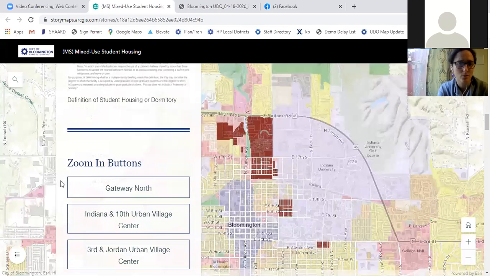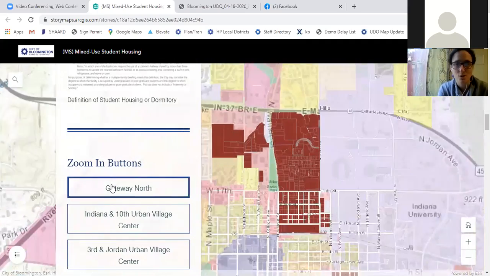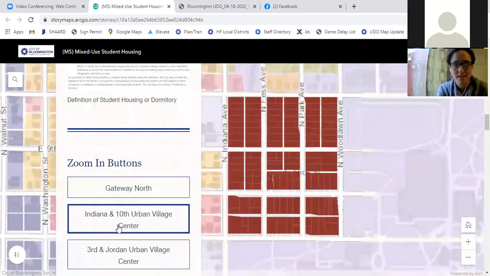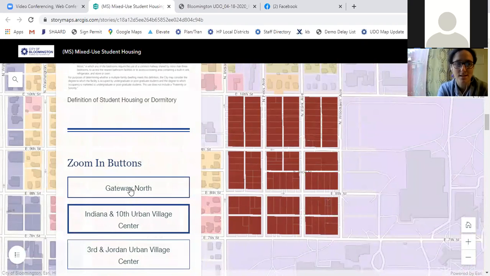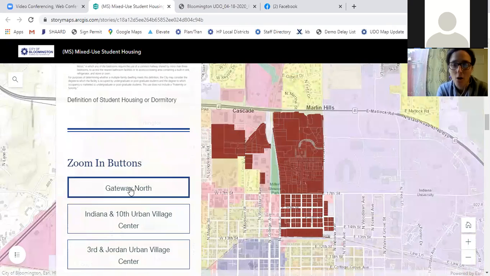So I'm going to zoom in a little bit on each of these. And again, this will be on the website, so you will be able to do this as well. You can use this map, it's interactive. So to see these areas a little bit closer before we get into them, we're looking at north of 14th here, with Walnut mostly being the western border, and then expanding across past Miller Showers into areas that are currently existing student housing, primarily there on the west side of Miller Showers on College Avenue, and then incorporating some land here west of Indiana, expanding that a little bit east across as well.